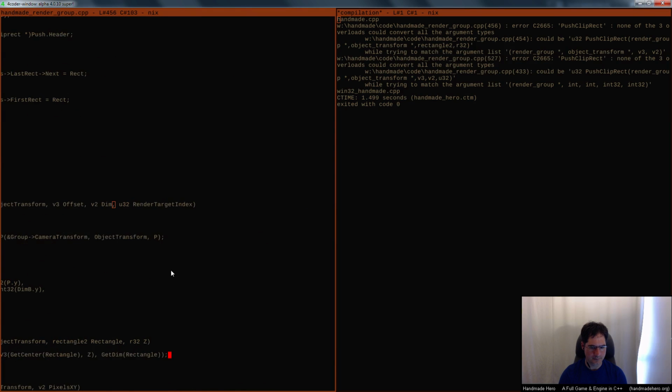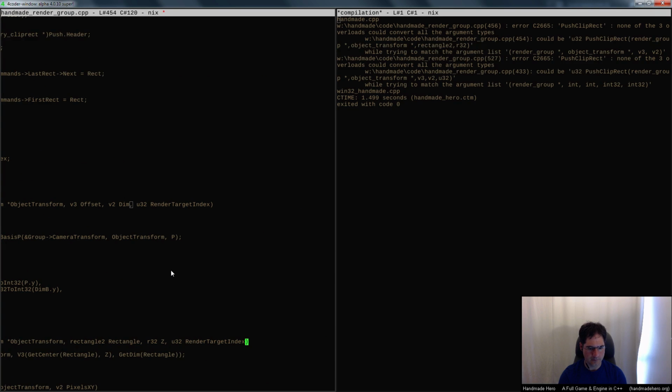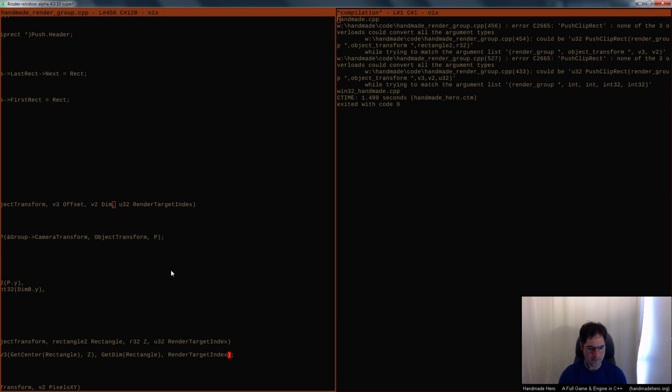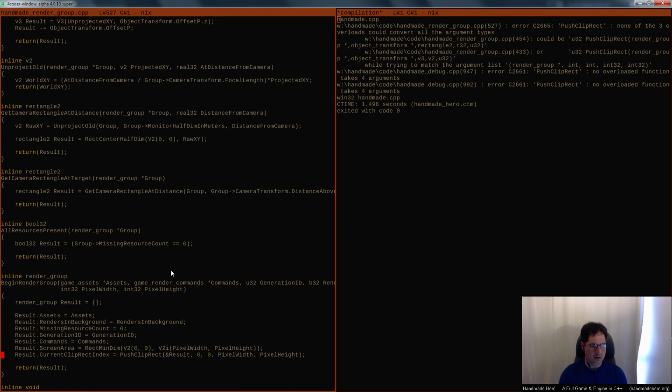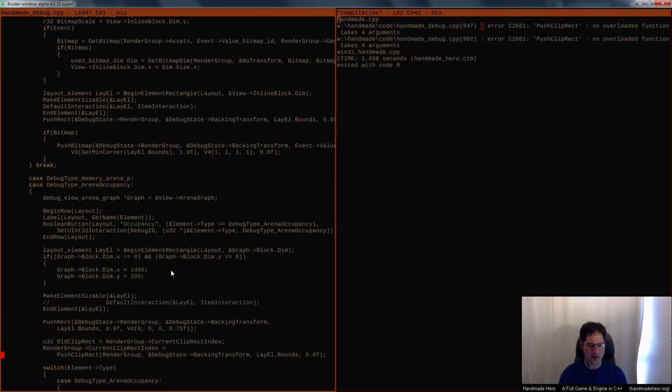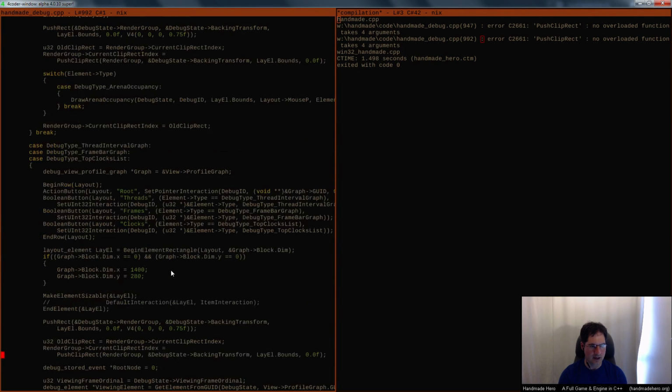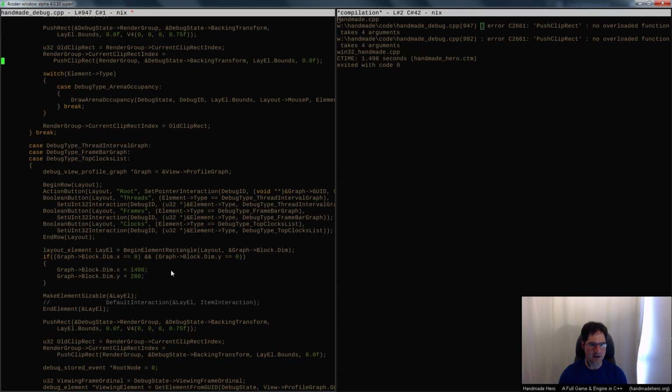Like so. And so by default, obviously, we'd always render to render target 0. And when I do push clip rects, we've got a couple of different times that happens here, mostly in the debug system at the moment, right? And those I think we don't really care too much about.